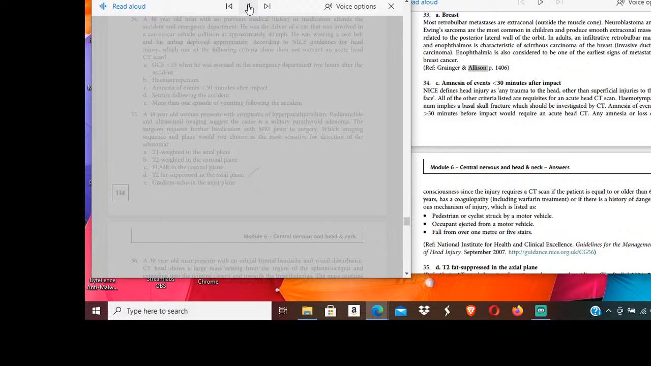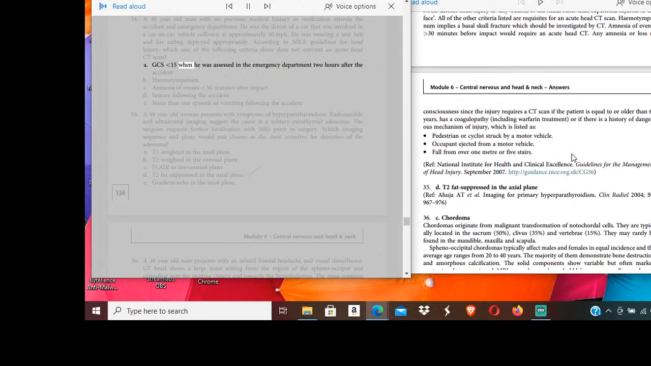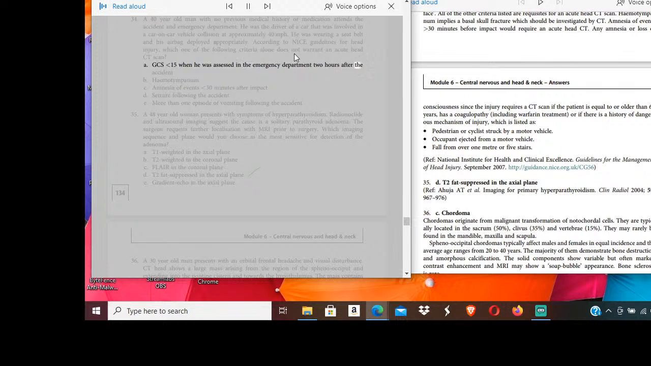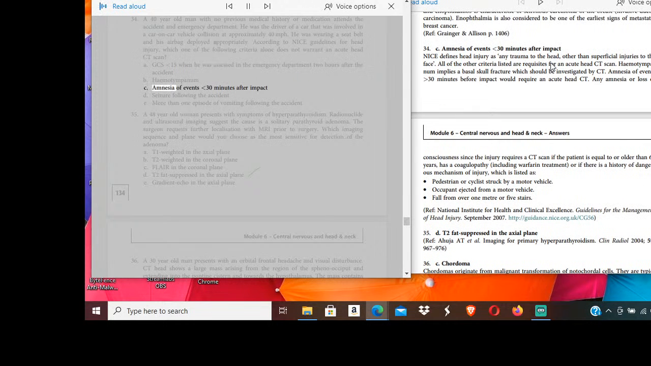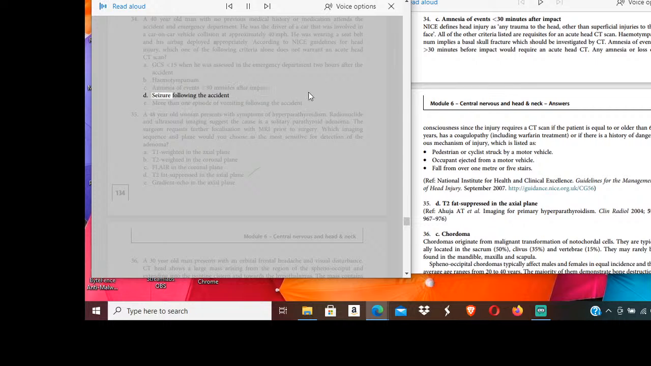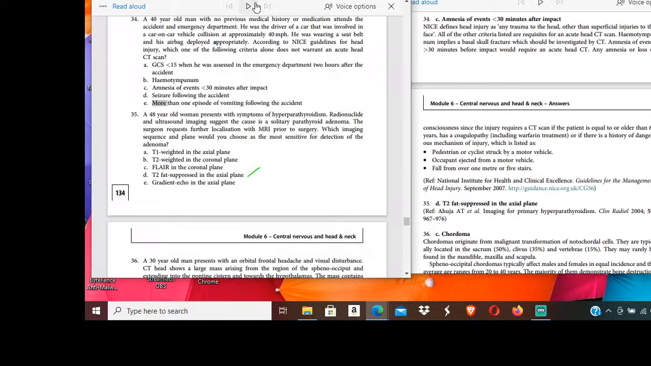(34) A 40-year-old man with no previous medical history or medication attends the accident and emergency department. He was the driver of a car that was involved in a car-on-car vehicle collision at approximately 40 miles per hour. He was wearing a seatbelt and his airbag deployed appropriately. According to NICE guidelines for head injury, which one of the following criteria alone does not warrant an acute head CT scan? A. GCS 15, when he was assessed in the emergency department 2 hours after the accident. B. Hemotympanum. C. Amnesia of events 30 minutes after impact. D. Seizure following the accident. E. More than